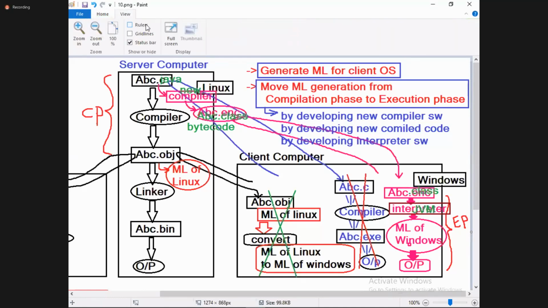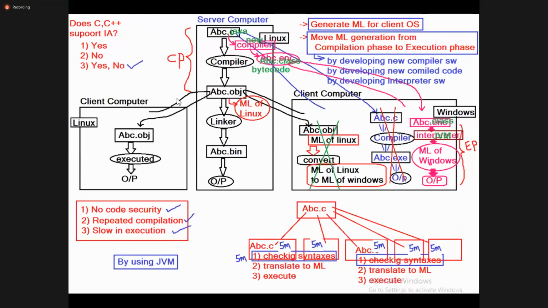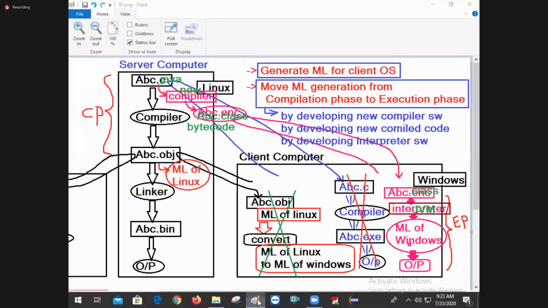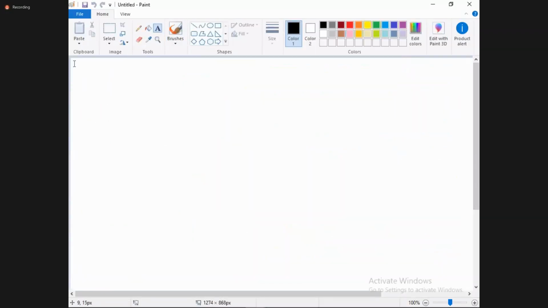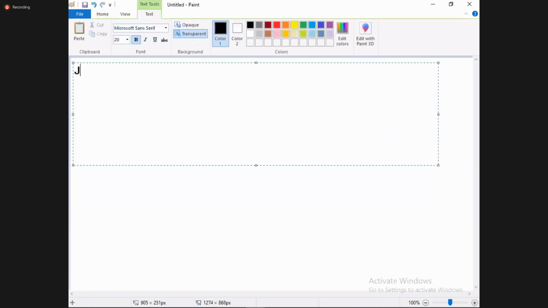So finally, try to answer how Java achieved platform independency. Java achieved platform independency by moving machine language generation from the compilation phase to the execution phase, by developing new compiler software, bytecode and JVM. Now a clearer statement, let me type. How did Java achieve platform independence? If somebody asks, what must you answer? Java achieved